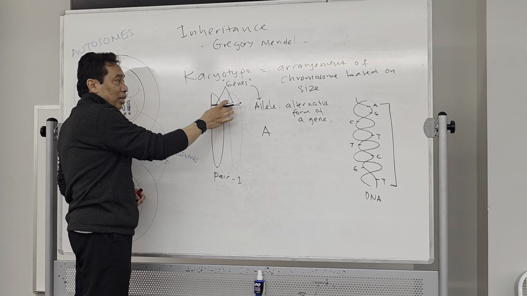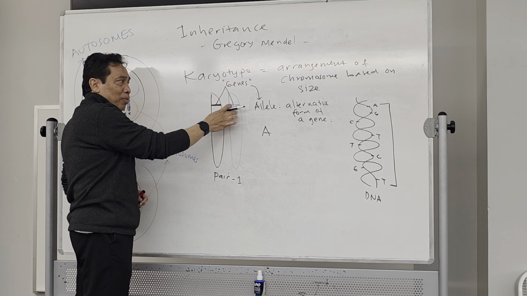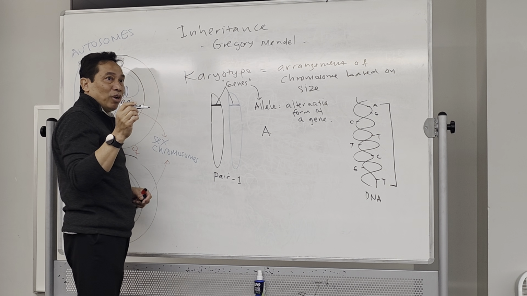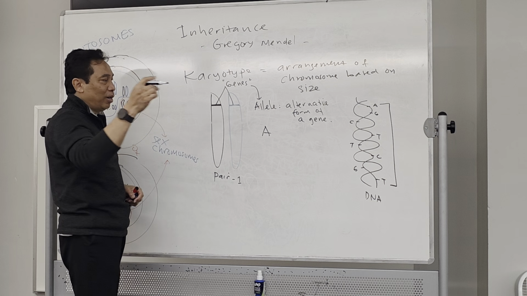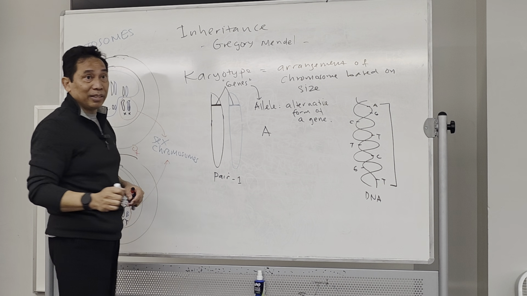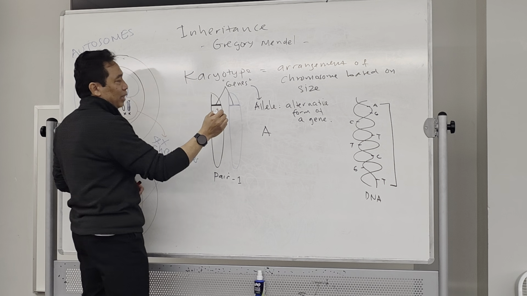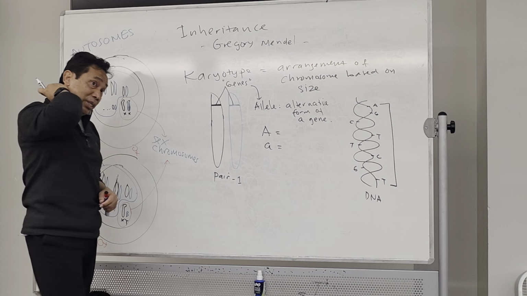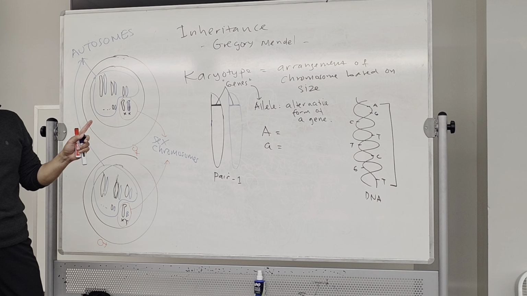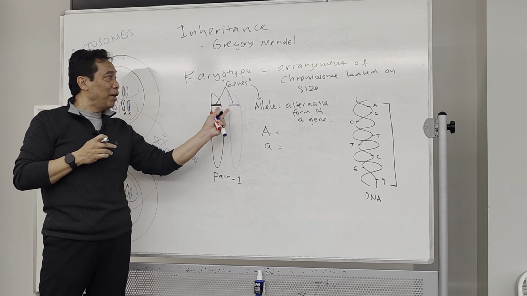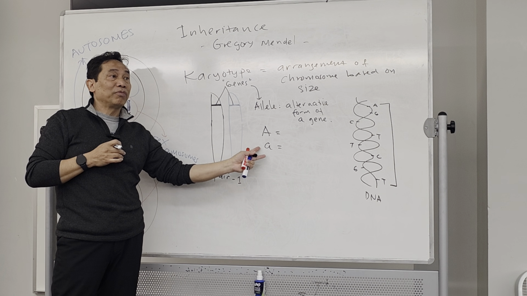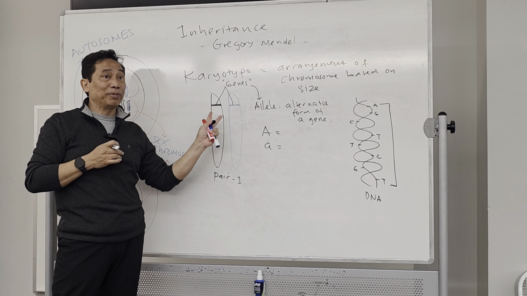Every gene will be in a pair, right? Because one comes from your mother and the other one comes from your father. Now there will be 3 different types of pairs of alleles. If you use the letter A, the opposite one will be the same letter, A, but lowercase. So for a specific gene, you have to use the same letter, but as a capital letter and a lowercase. You get this one first.